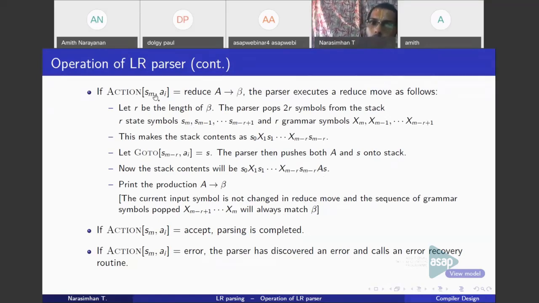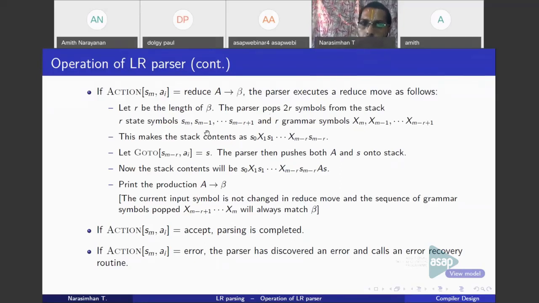I repeat, if the action entry specifies to perform a reduce action using the production A gives beta, you first find the length of the right hand side beta. Let it be R. Then you pop 2R symbols from the stack.